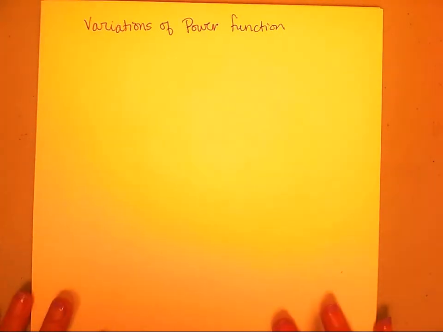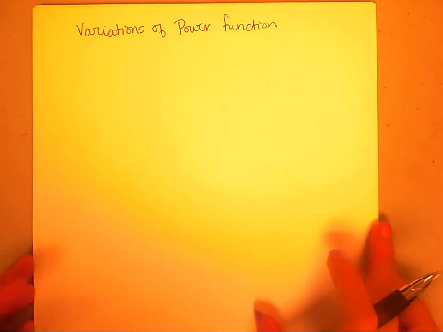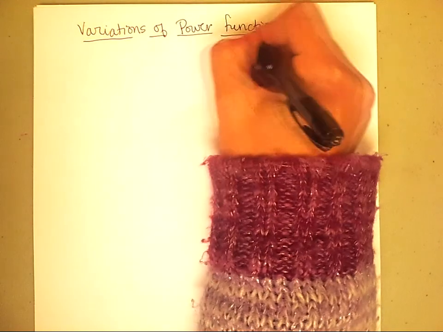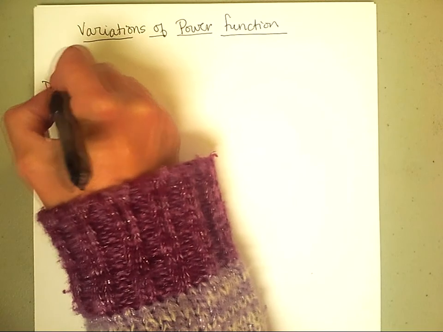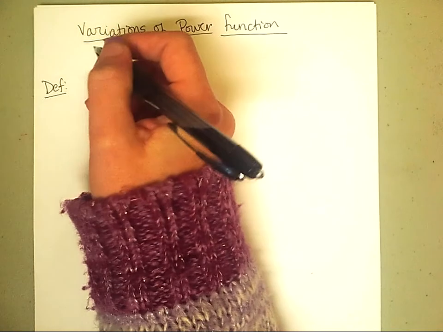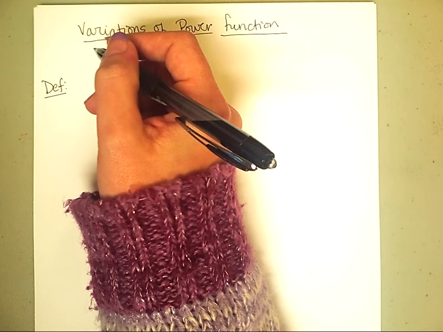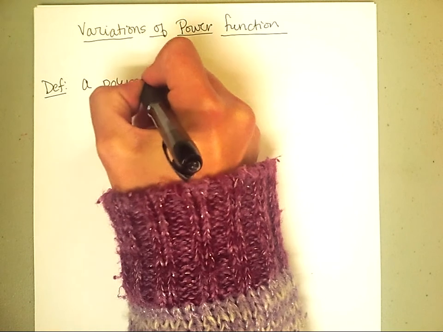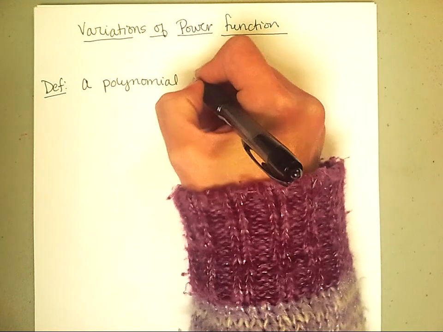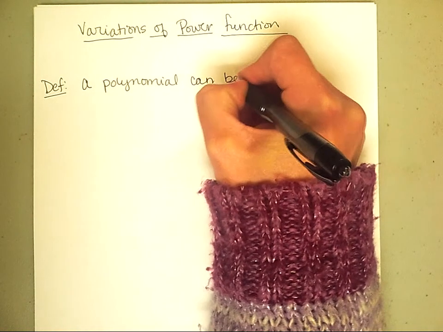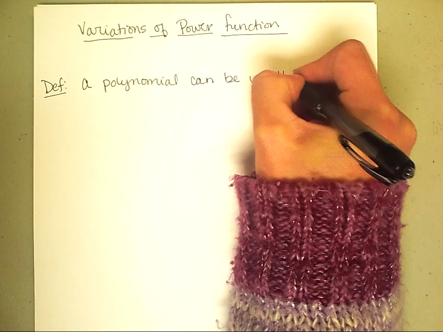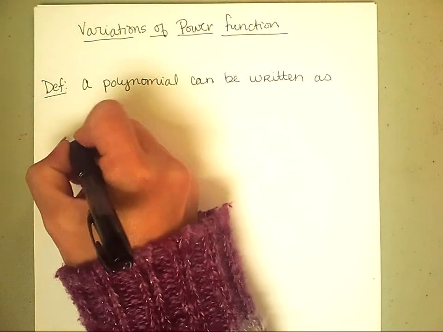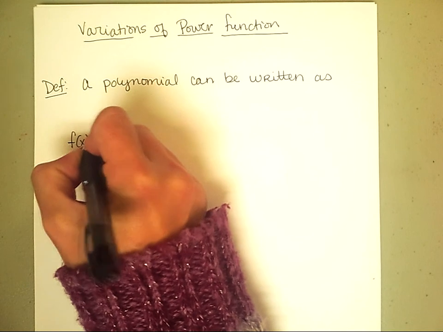So, now that's the variations, let me give you the definition of what a polynomial is. Okay? So, definition: a polynomial can be written as. So we'll have f of x is equal to